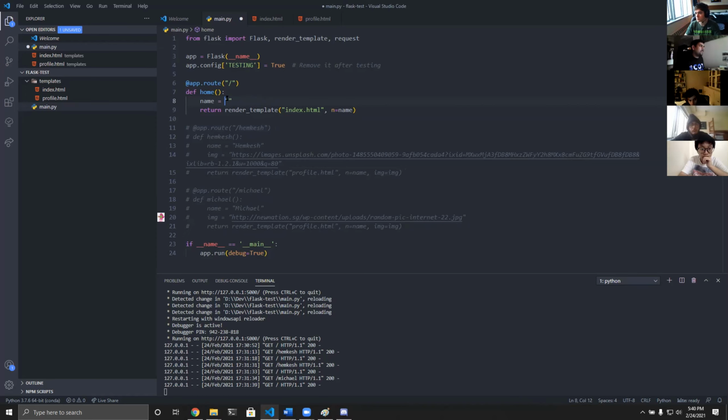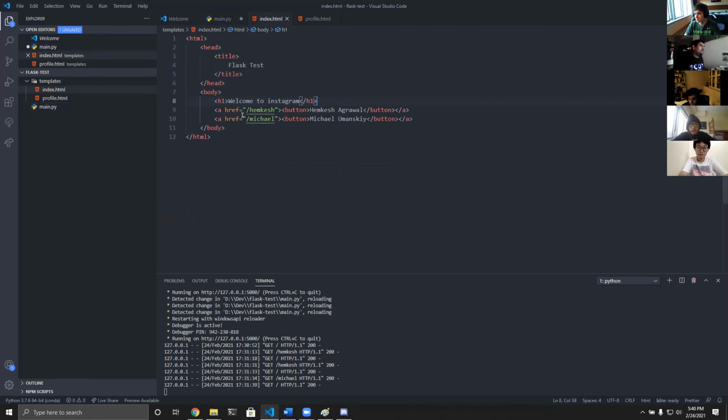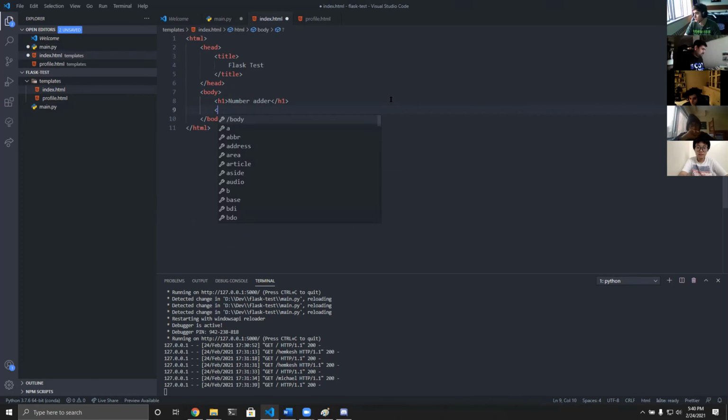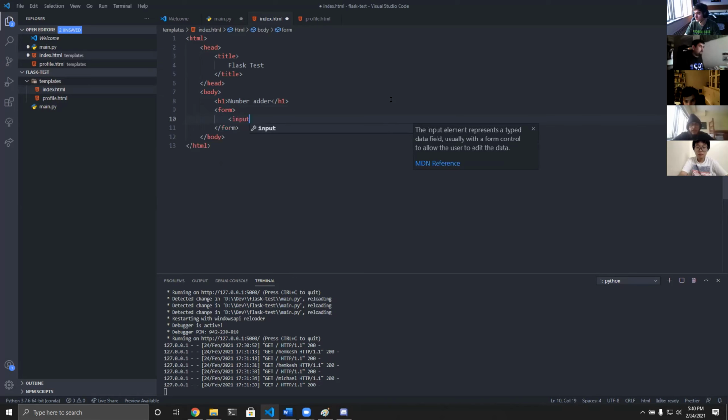So my first page will be number adder, and I'll create a form, input type equals to text,